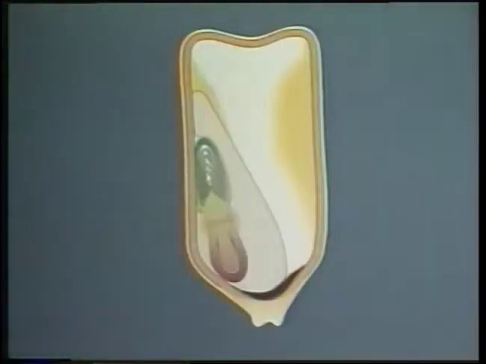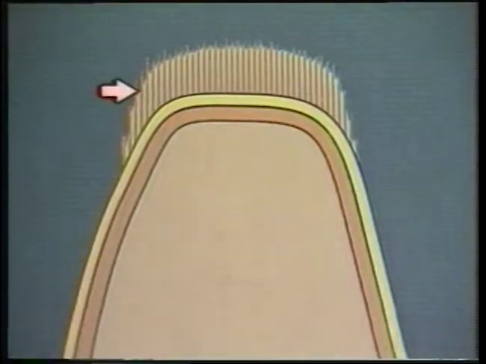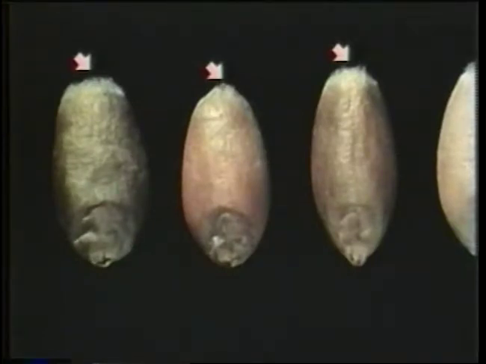Let's now discuss cereal caryopsis anatomy using wheat and corn caryopses. The caryopsis is the botanical name for the cereal kernel. A brush of hair is usually found on wheat kernels of many varieties, but may be absent or different among different kinds of wheat. Brush characteristics are often used to identify and differentiate between wheat varieties.